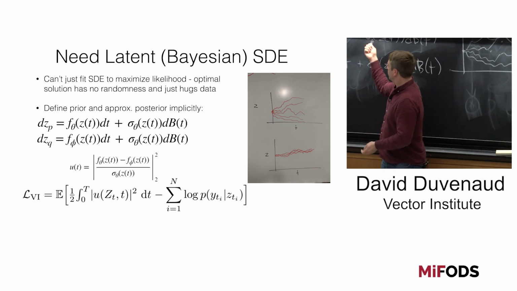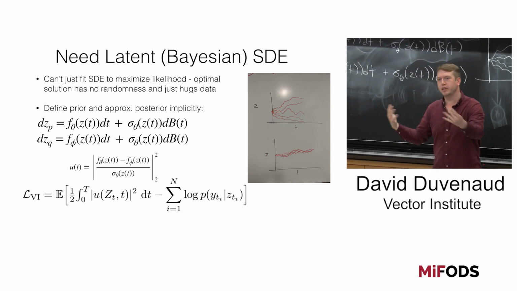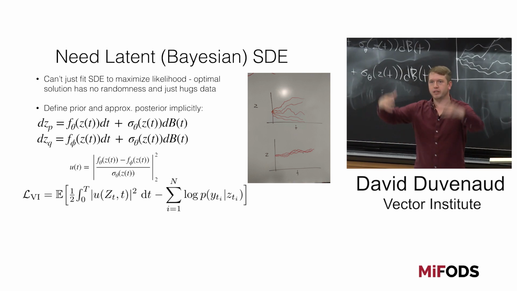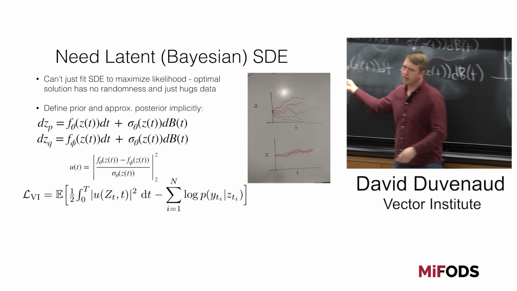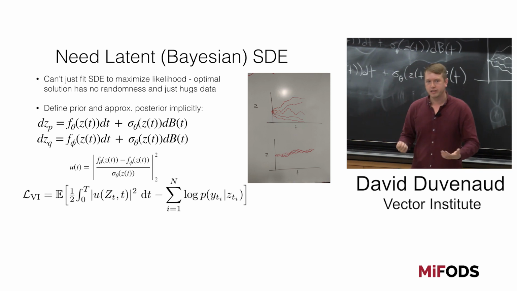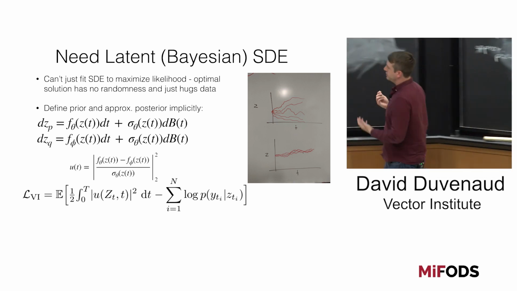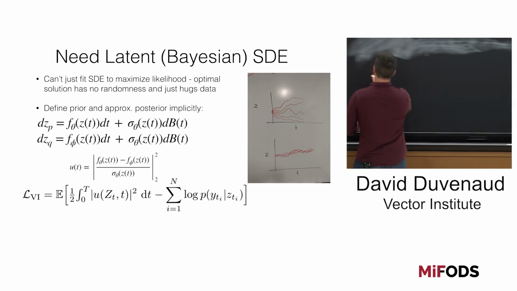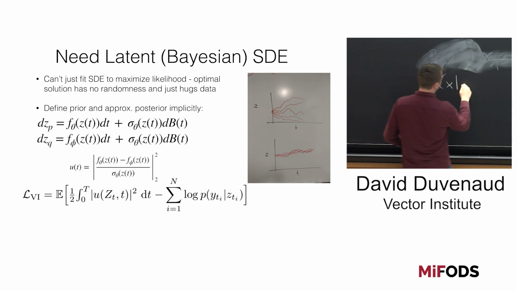So now we have these functions that specify our prior over functions. And that's kind of like when we fit a Gaussian process, we have the kernel hyperparameters that say what the prior over functions is. And then we're also going to have these parameters phi that specify our approximate posterior over functions. So the remaining question is, how do we fit the marginal likelihood, right? We want to know what is P of x given, let's say, theta.